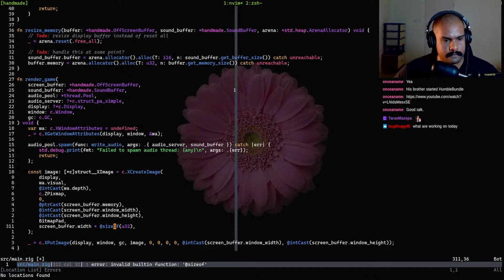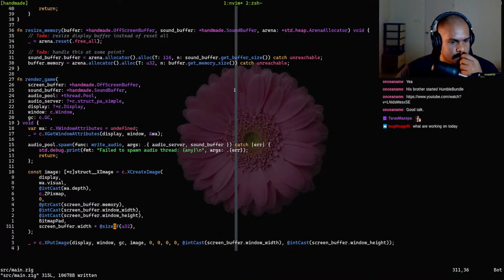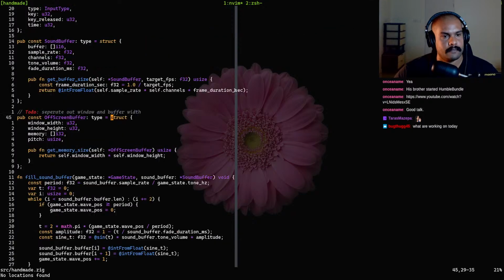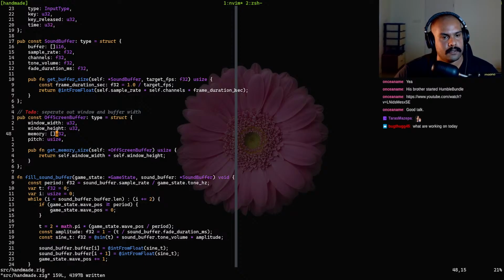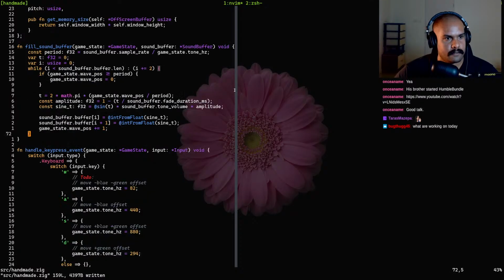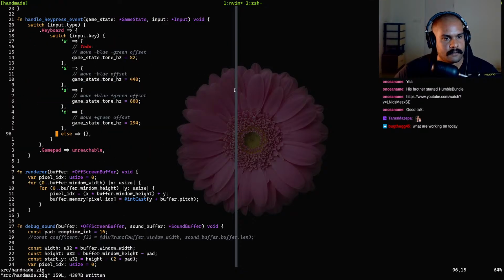Set capital. Put it back to U32 for now. Right is D. So if I press D,